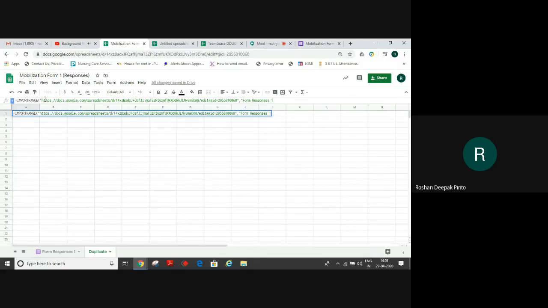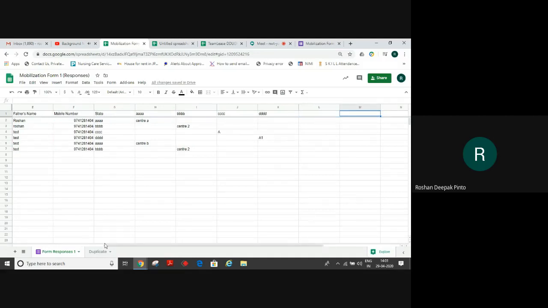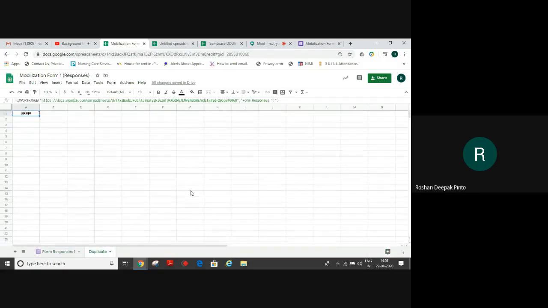Then we put an exclamation mark, and then the range. We are taking the data right from A till K. Beyond K, there is no other data available. So we take it from A to K. The inverted commas are closed and the bracket is closed.